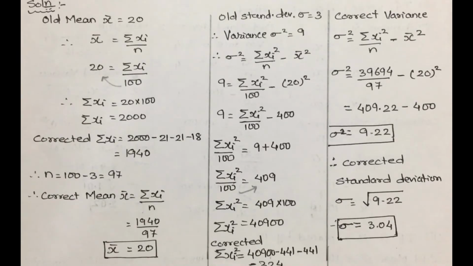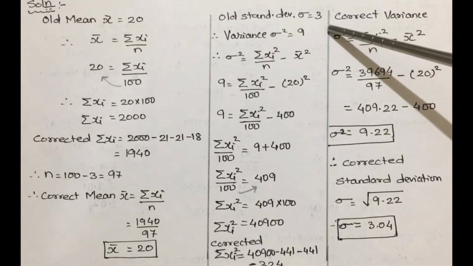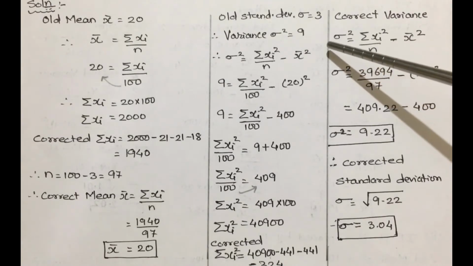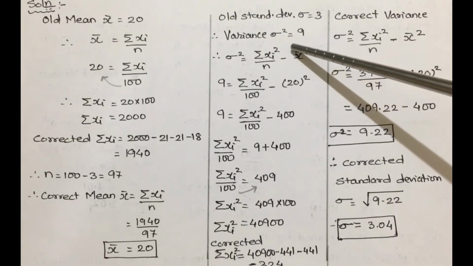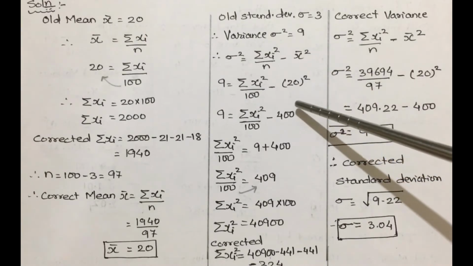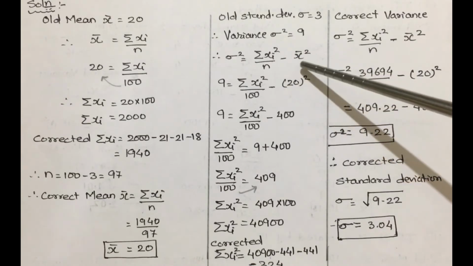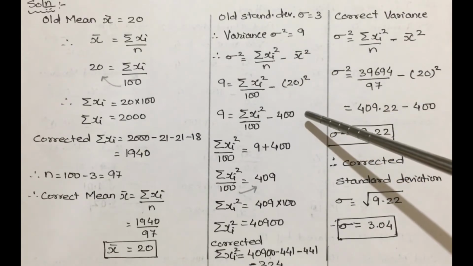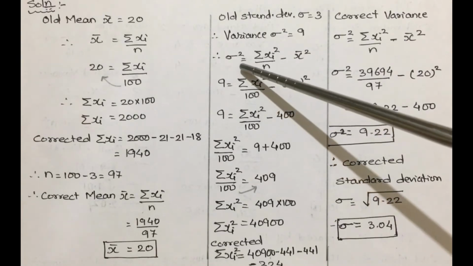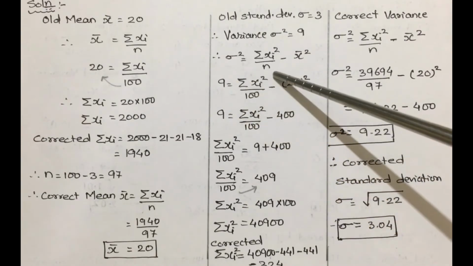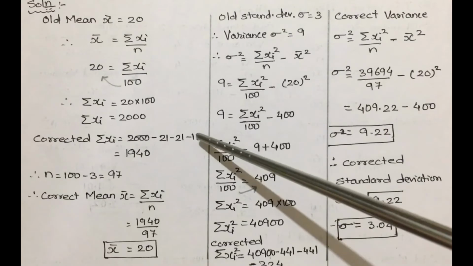Now we will go for correcting the variance part so that the correct standard deviation is calculated. For that, the old standard deviation sigma given is 3. So its variance sigma square will become 9. Now the formula for sigma square is summation xi square upon n minus x bar square. So keeping all the values, sigma square as 9, n as 100, x bar value as 20,